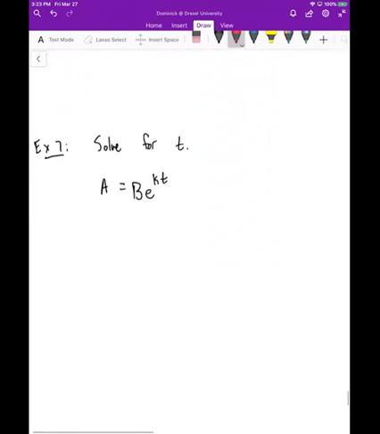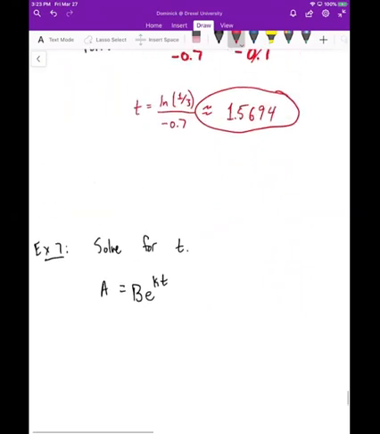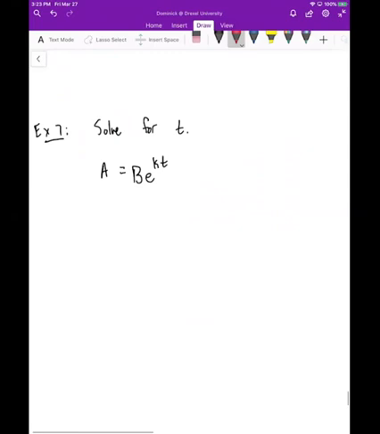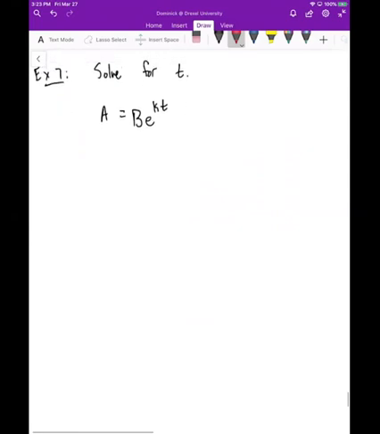Now, in example 7, we're going to do the same problem that we just did, only now we're replacing each of these values with an arbitrary variable. Well, what do we need to do? First, we need to get our exponential by itself. So the first thing we need to do is divide by b on both sides. So if we do that, we have a over b is equal to e to the k times t,